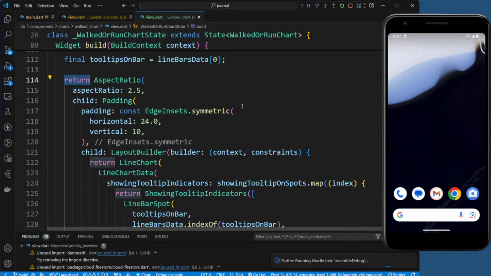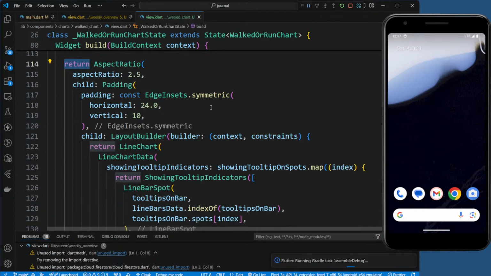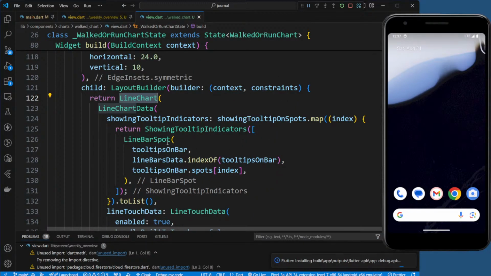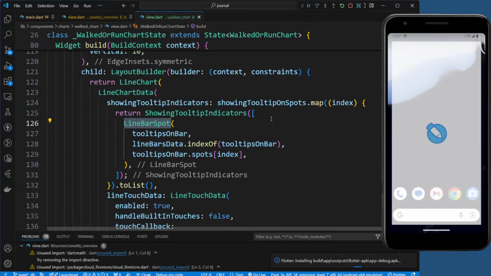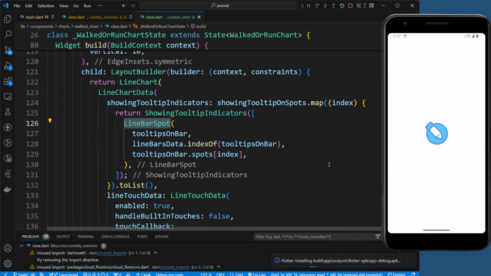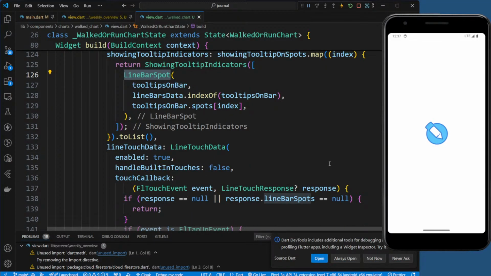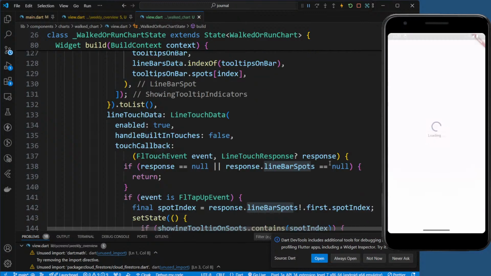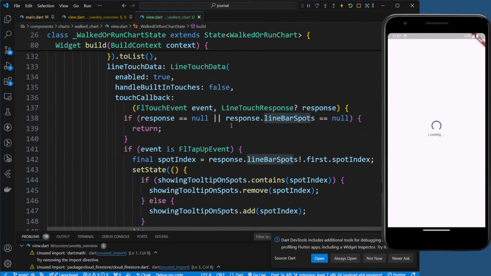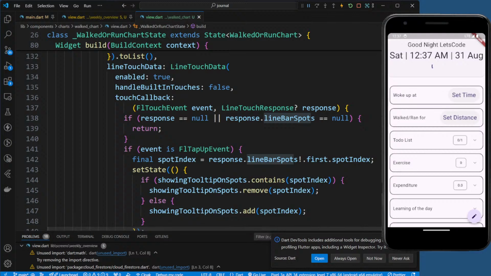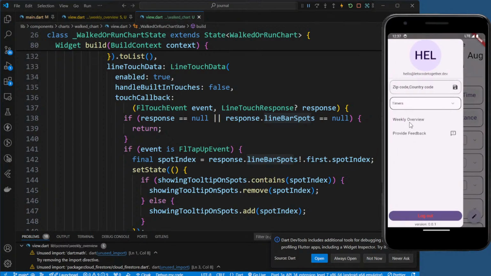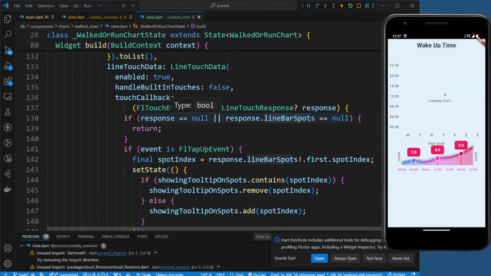Again, it goes to the aspect ratio thing. Here is where is line chart, right? It should be line bar chart spot. To this one, and